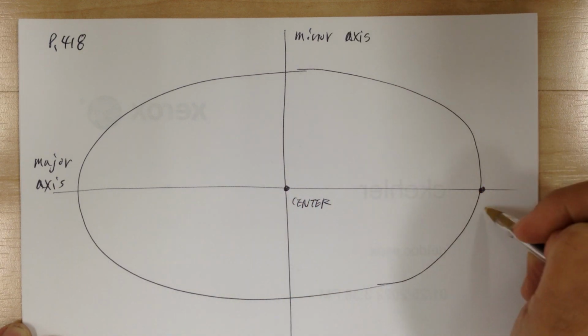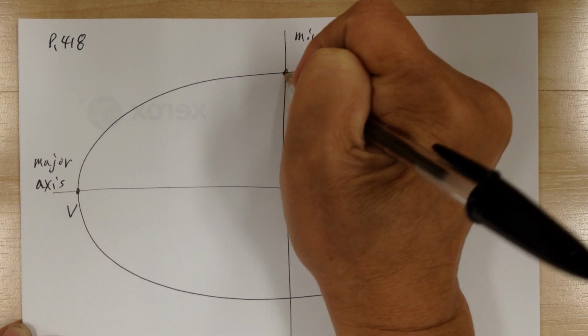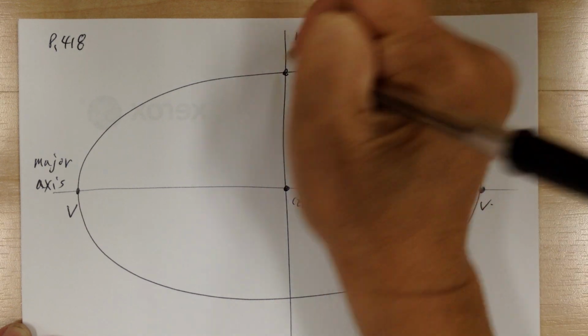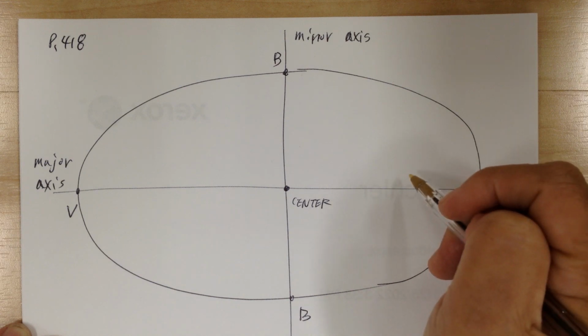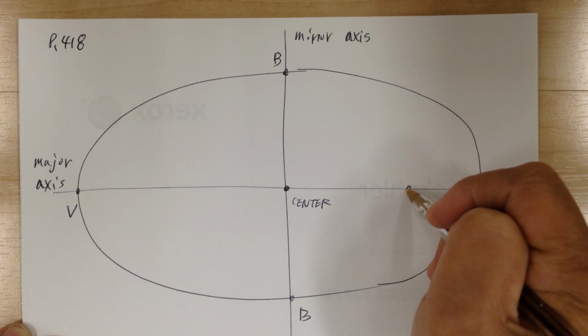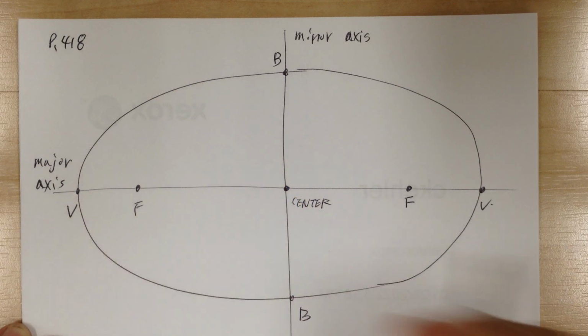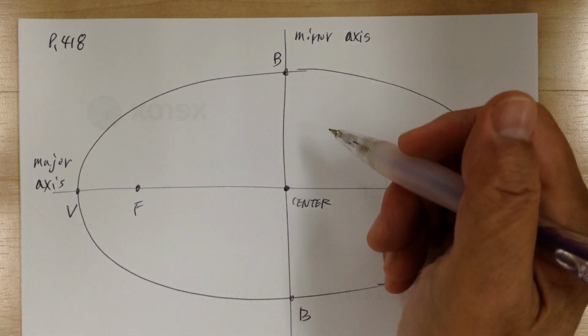And this point is called a vertex, V. The endpoints of the minor axis are the B. And there are also two important points. The point over here is the focus. Now the definition of the ellipse is that any point on the ellipse,